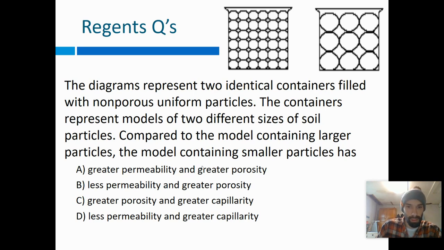So, any question that has porosity in it, or any answer that has porosity in it, can't be true because it's greater porosity, greater porosity, greater porosity. The porosity is the exact same. But there is a difference in the permeability. Water can't get through here as easily. It can get through here really easily. So the difference is the permeability. This has lower permeability, and this has a higher permeability. This has a greater capillarity action, so the water can climb up through these gaps, but it can't through this one. So the answer to this question was D.